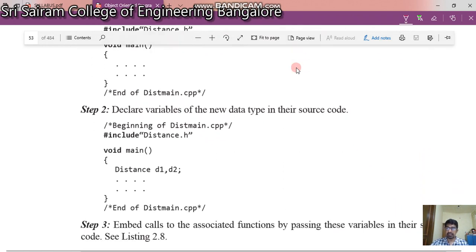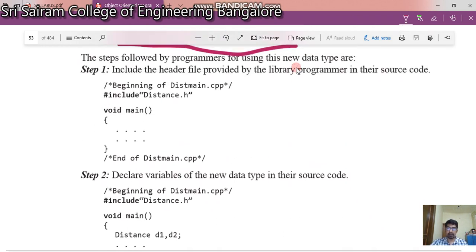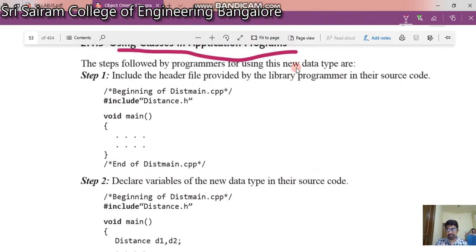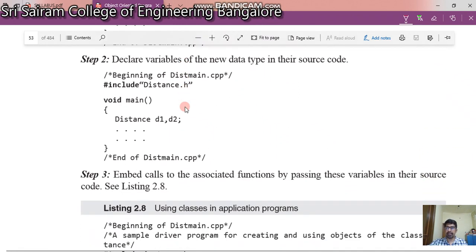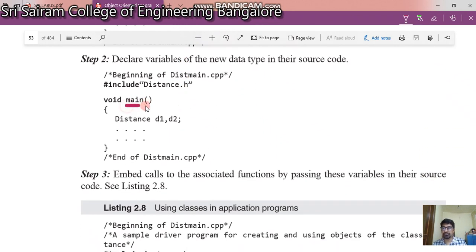Again, this is the same as your structure. Your classes you can define inside a header file. You can take distance.h, the choice is yours. And when you write your main function, just include your header file where your class is present and create the objects.